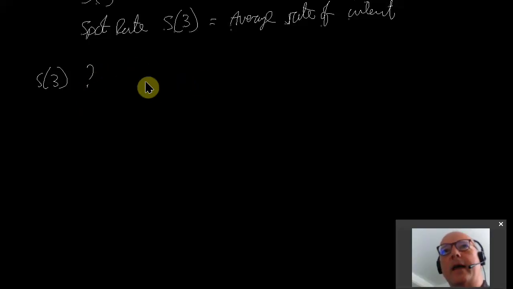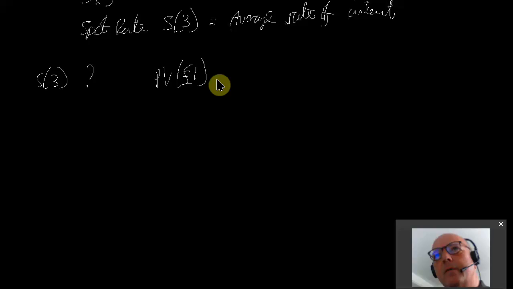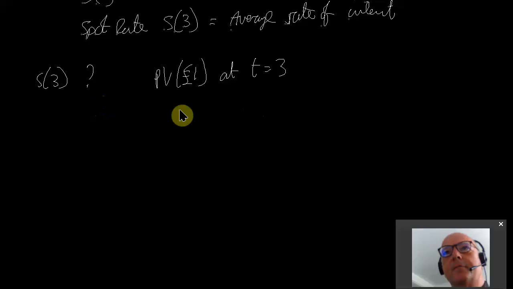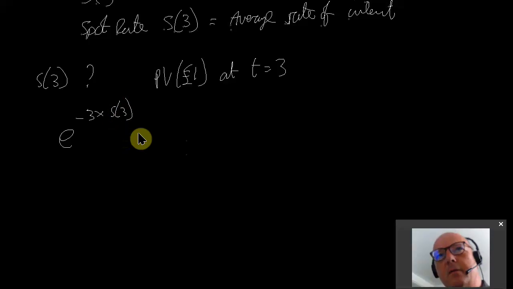Well, S3 should be the solution to the present value of £1 at t equals 3, in the sense that e to the minus 3 times s of 3 should equal